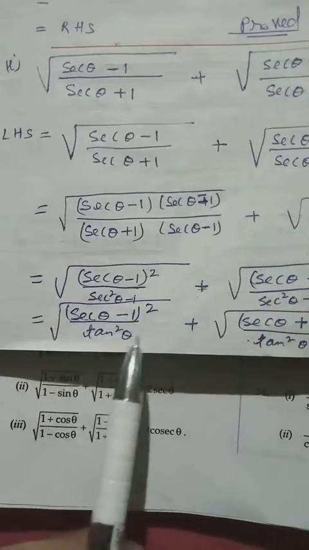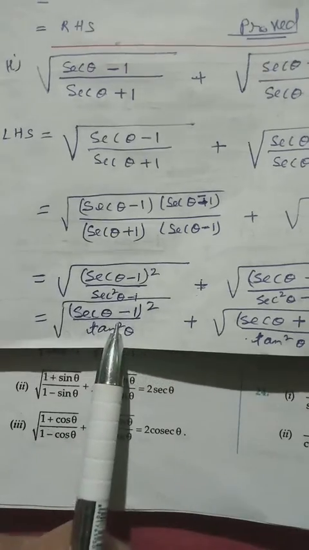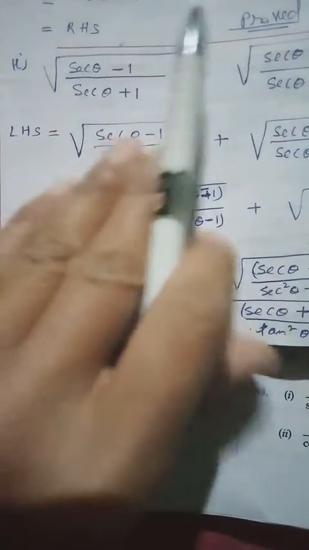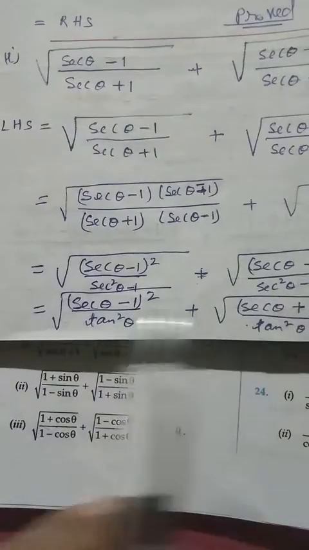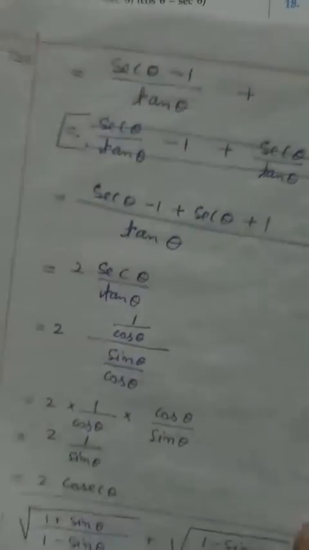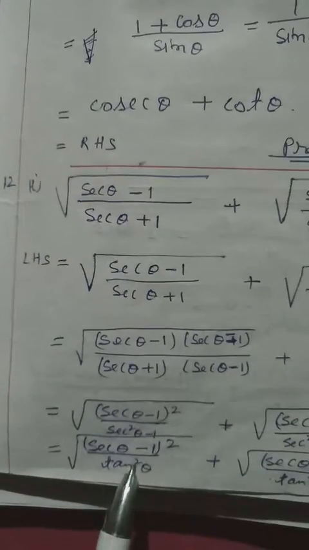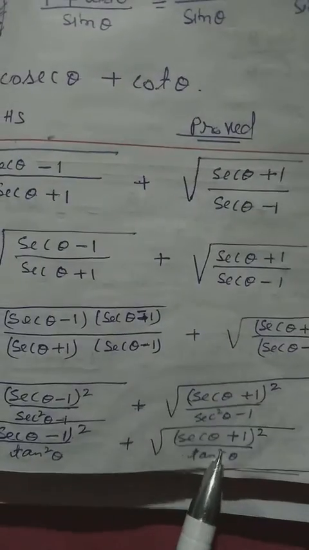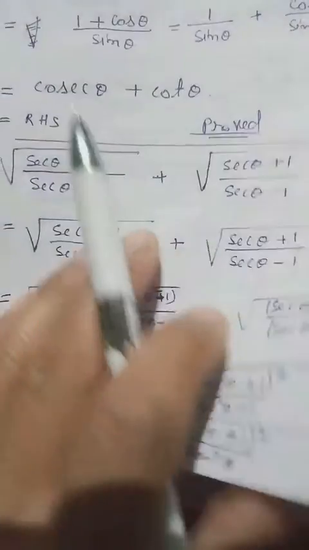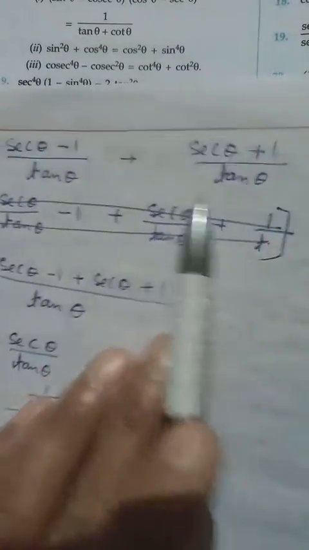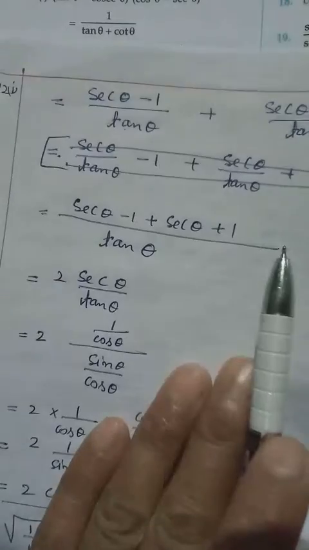Then here now we have to remove the square. So square and square we can take common from both sides. Here also, because first we need to remove the square root. Okay, then since now we get square, sec theta minus 1 whole square, square and square root cancel, square and square. Here also square gets cancelled with square root, so it will come out only as sec theta minus 1 by tan theta plus sec theta plus 1 by tan theta.